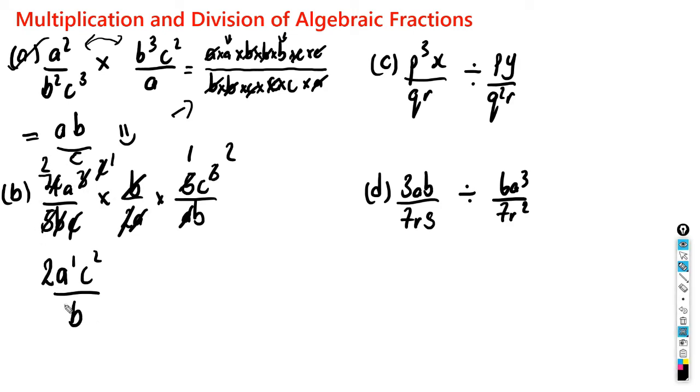All right, guys. Cool. So for this one now, since we're dividing in this case, of course, when we're dividing, we flip the right-hand side. So it's p cubed x over qr multiplied by q squared r over py. So we're going to do the same thing here, guys. This q can go into this q squared. This p can go into this p cubed, making p squared. This r can go into this r, and we're going to end up with p squared